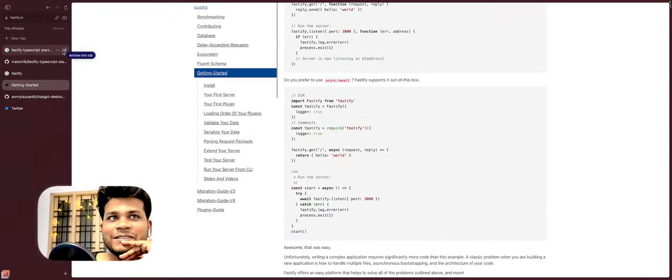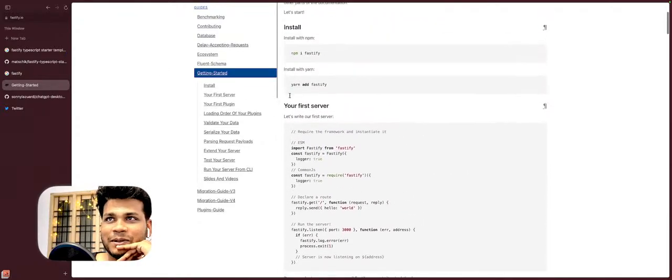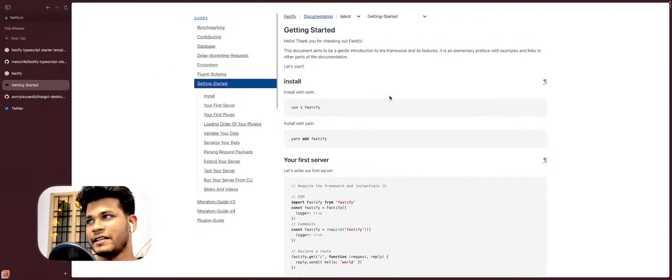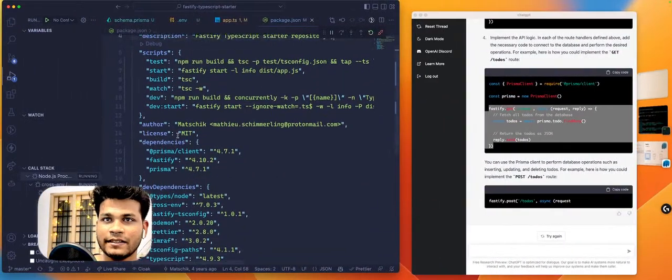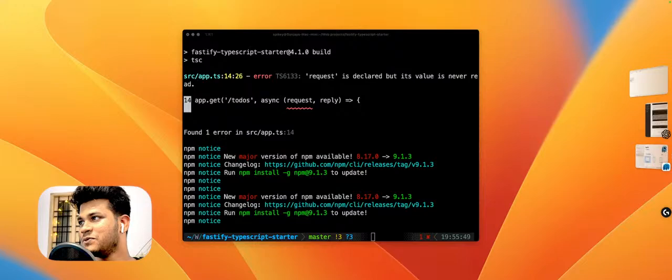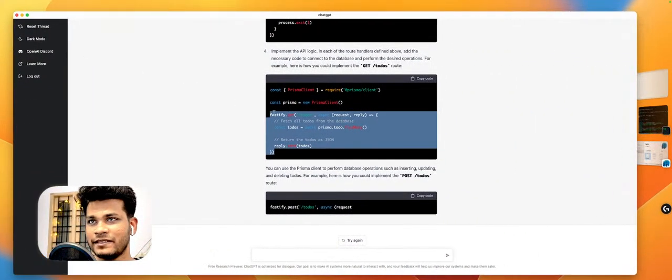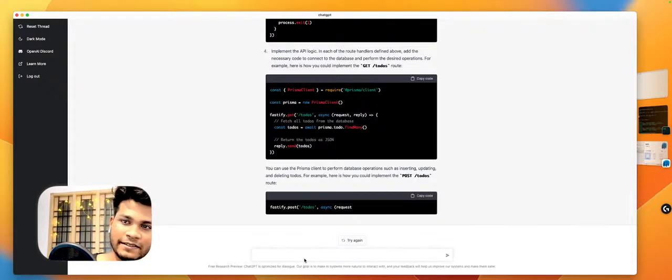Okay, so the issue is with the starter template, and I think this is the problem. It seems like it is messing up with the scripts files, but that's okay. Things can happen. Let's try to focus on exploring the stuff. Okay, coming back here, I can just write test